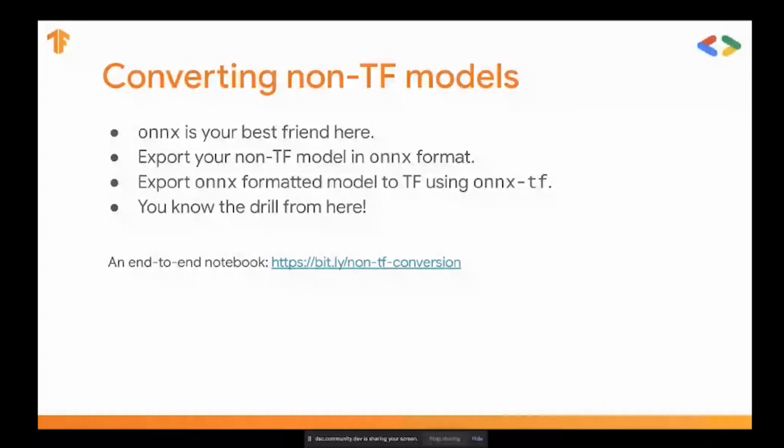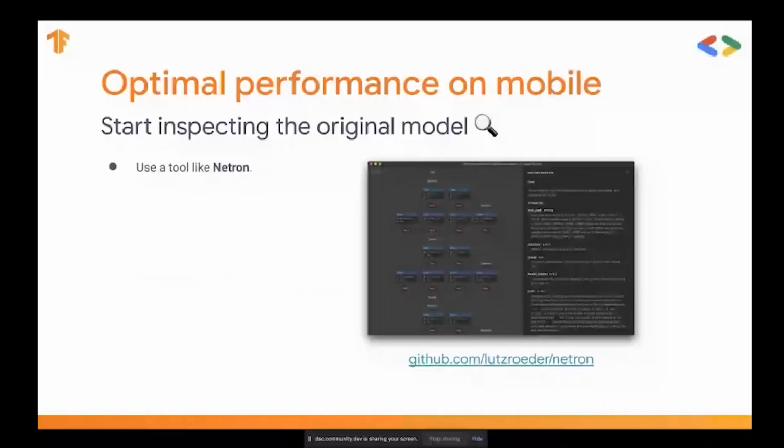So for optimal performance on mobile, if you want to check your model architecture and all of the stuff, you can visit this tool, or you can download this tool as well, which is known as Netron. You can import your models. Your model can be of any extension, like H5 file, TF-Lite, PB file, or PT file. It can be anything. You can just go there and view your model.